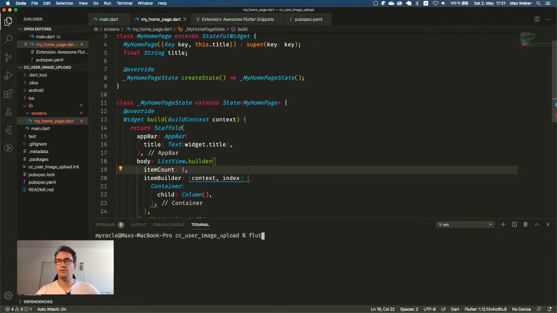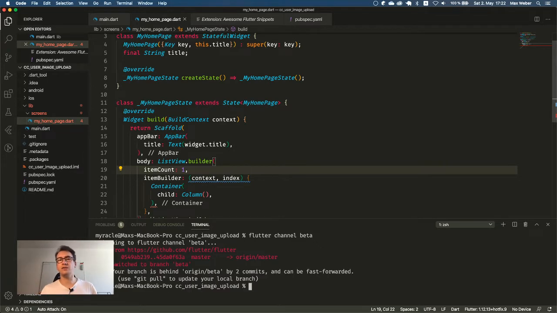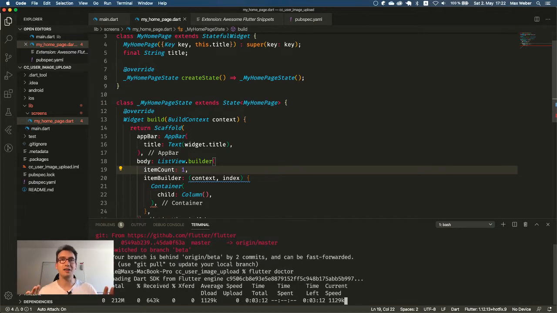So now we first have to switch the channel to, I think, beta or master, because only those support web. And I think I will take the beta for now because we are working on web. I could work with master and work with the desktop. This is what I would usually prefer. If I download that now, let's see what my internet connection does. So guys, sorry if something breaks. I will be back.